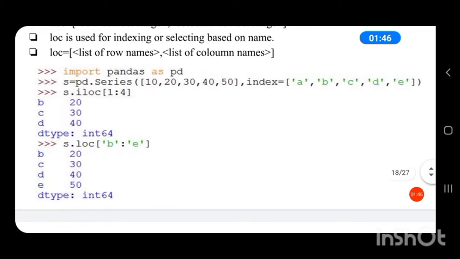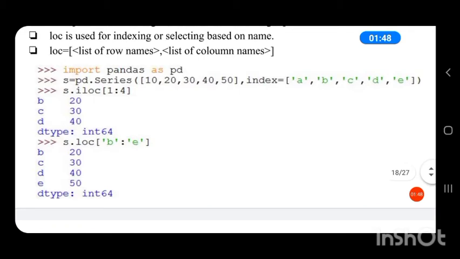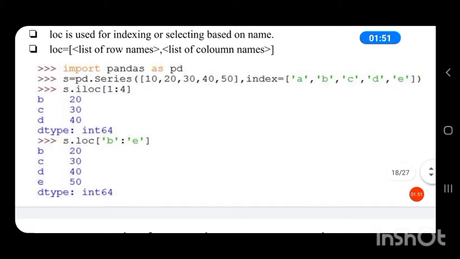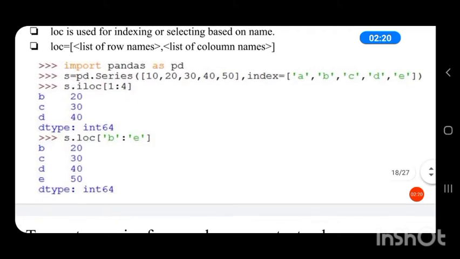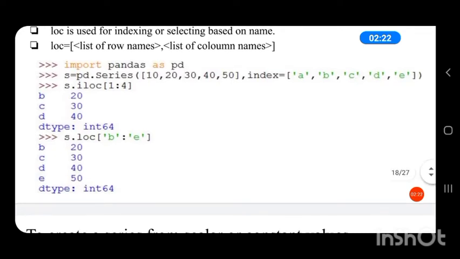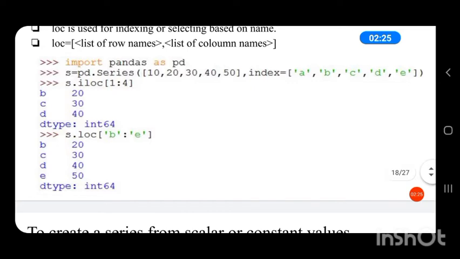Then we are performing slicing based on the index value. S dot ILOC in square bracket 1 colon 4, that is slicing is performed from 1 to 4 minus 1, that is 3. So it will create a series with index values from 1 to 3. The output is the value corresponding to index 1, which is 20, index 2 is 30 and the value corresponding to index 3 is 40.